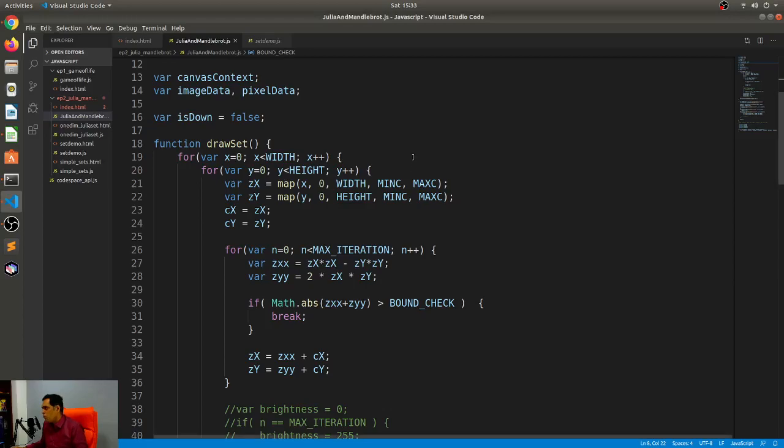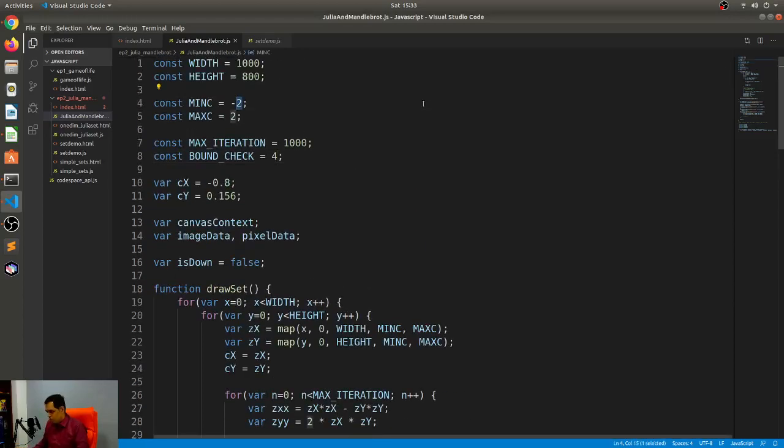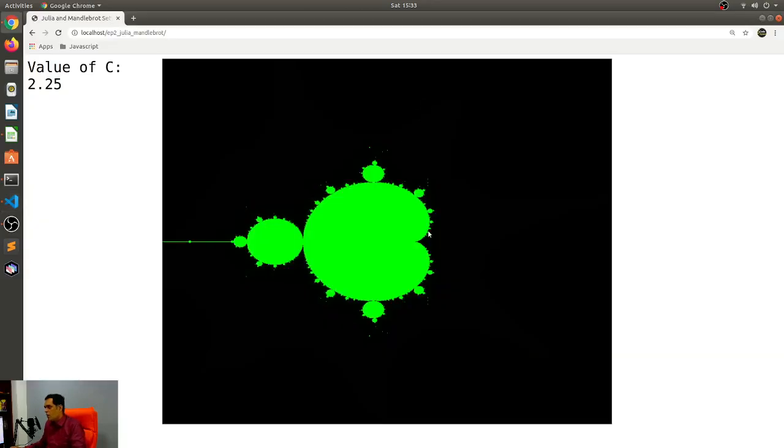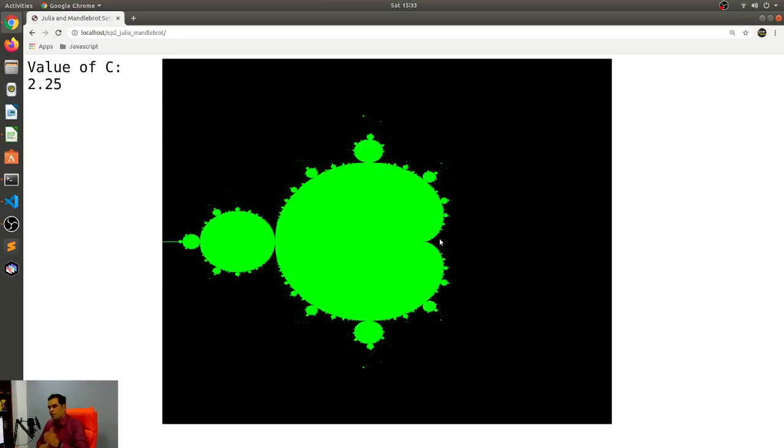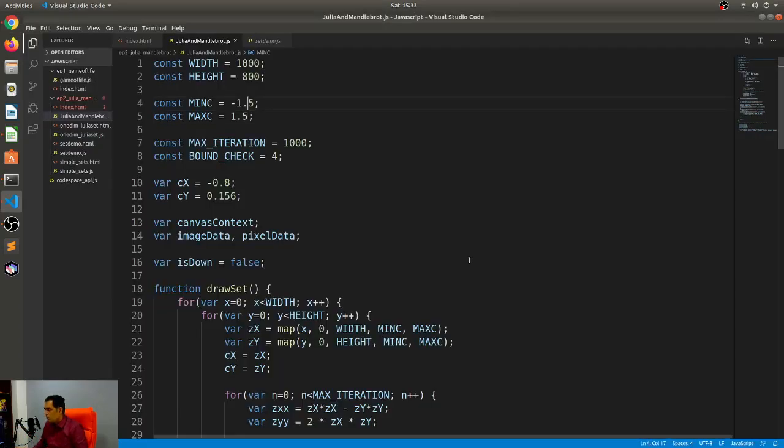Before we move on, I just wanted to show you what happens if I make this 1.5 and 1.5. It appears a little bit zoomed in, and that's actually the secret of zooming into a Mandelbrot. People want to see what's in the smallest thing. So you will have to manipulate the minimum C and the maximum C, smaller and smaller, but you'll also have to do more and more iterations, because only those iterations bring out very small details.